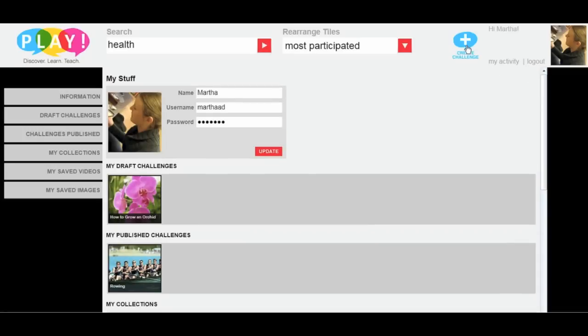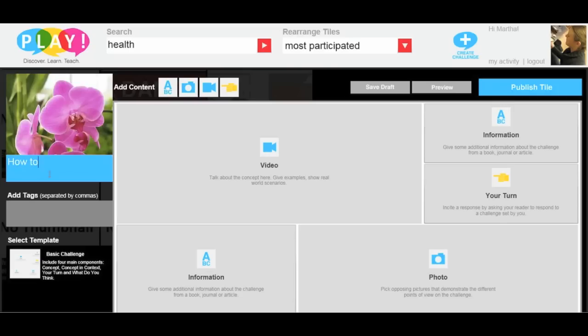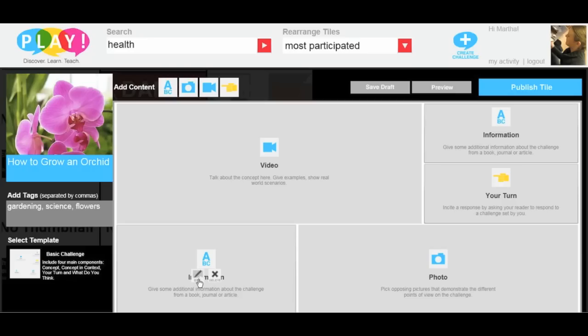So this is the Create Challenge. When you click on Create Challenge, you have a template, which is shown here, or it could be a gray screen, and you're able to drop your media onto the canvas and design your challenge, your activity. The top left is your thumbnail. That's what appears when your challenge is showing, as well as your title, which is right below it. And then below that are the different types of content you can add.